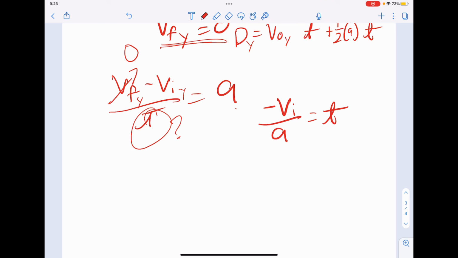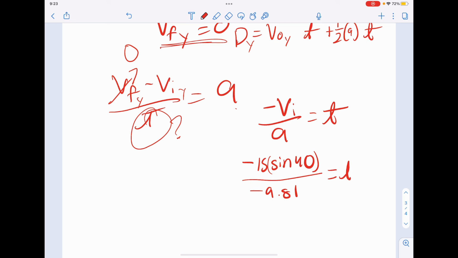So we were able to solve for negative v initial over acceleration equals time. What we're going to do is plug in our negative v initial, negative 15 sine 40, over negative 9.81, which is going to give us the time to our max height. Let's go ahead and plug it in. We have 15